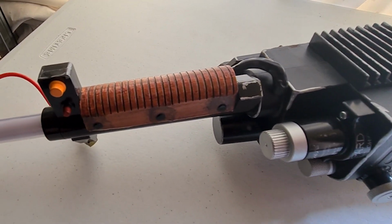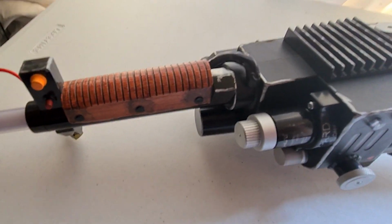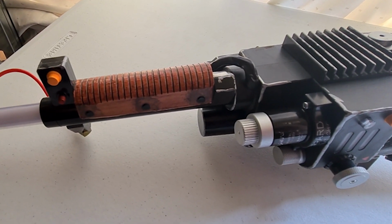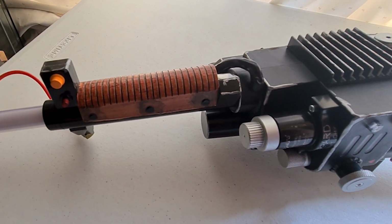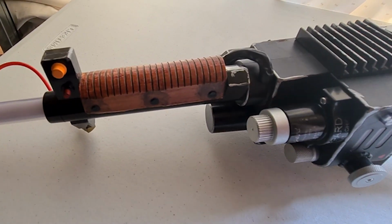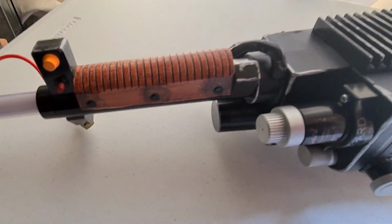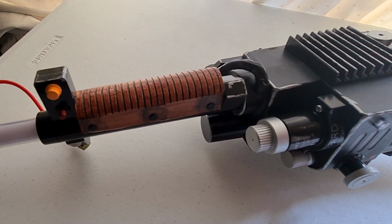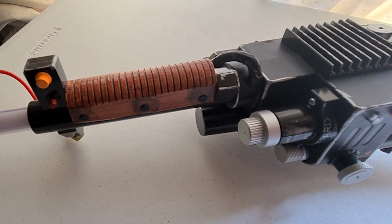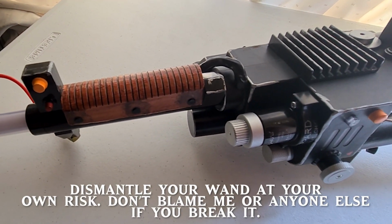I thought I'd show you the modifications that I've done to my Spengler Wand, because the Spengler Wand is the one that's going to be attached to the Bock Proton pack, which you've seen in the last couple of videos. So I thought I'd give you a little update on some of the modifications I've done to this. I'm not going to go into greater detail by actually taking this apart. There are plenty of other YouTube videos online about taking the Spengler Wand apart and actually doing